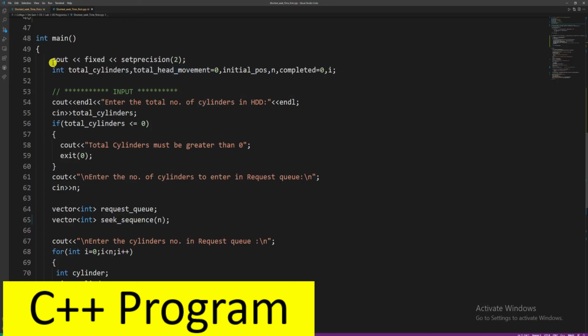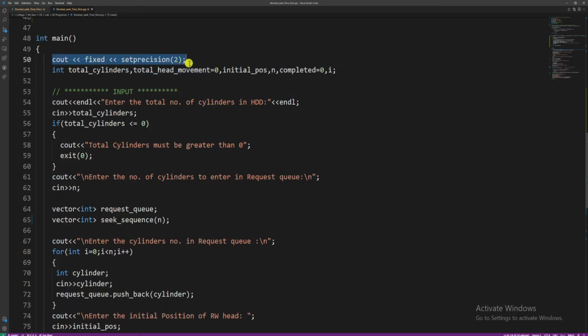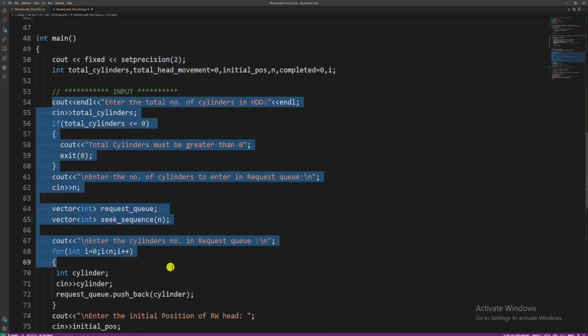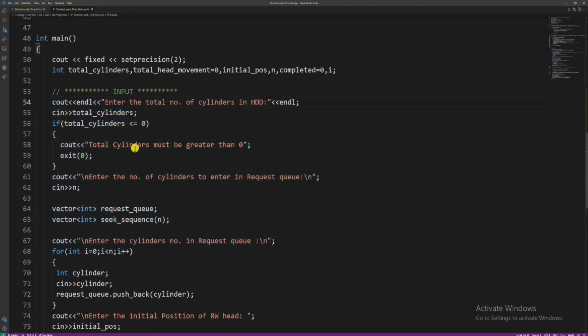Here we have used set precision 2. That means we want to print the float answers till 2 decimal places. Here you can see we have taken the same input: total number of cylinders, then actual number of cylinders count, then the actual cylinders we are entering inside the request queue.